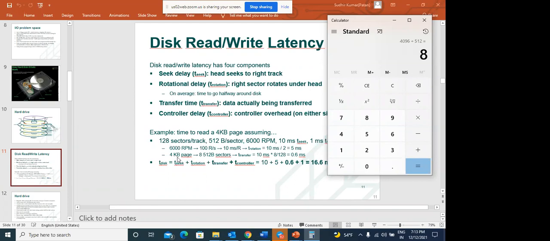Because 4 kilobytes, 1 KB is 1024 bytes, and for 4 KB it will be 4096. Because 512 bytes is taking one sector, you need to divide this number by 512. That is 8. So 8 sectors will be occupied.